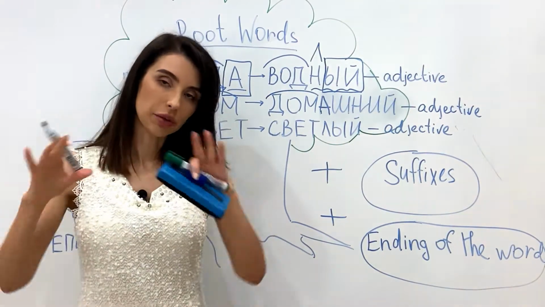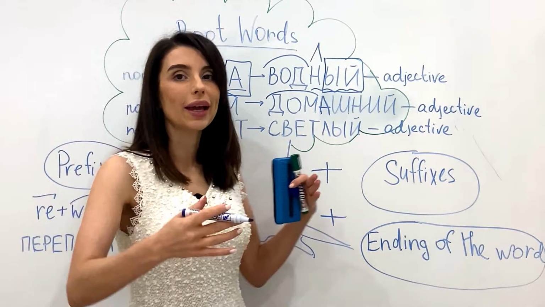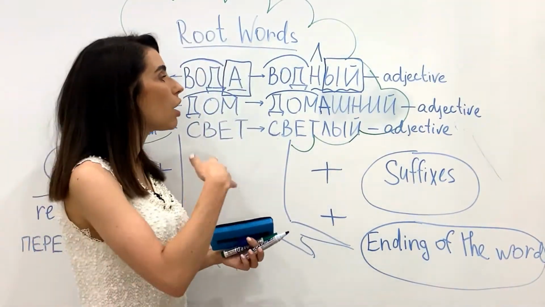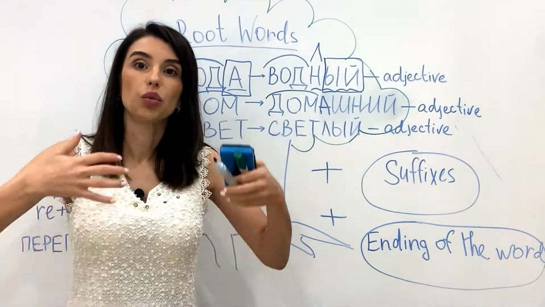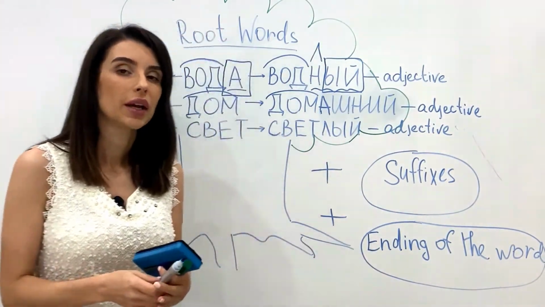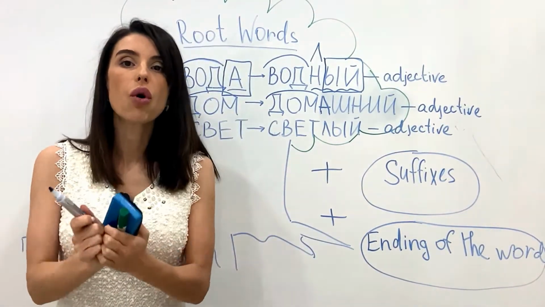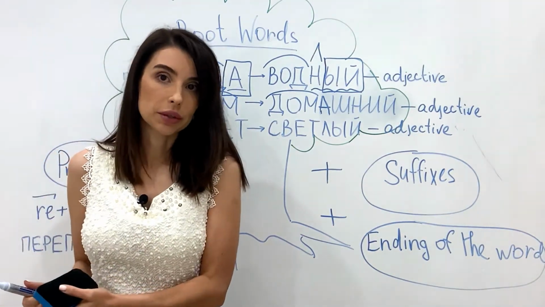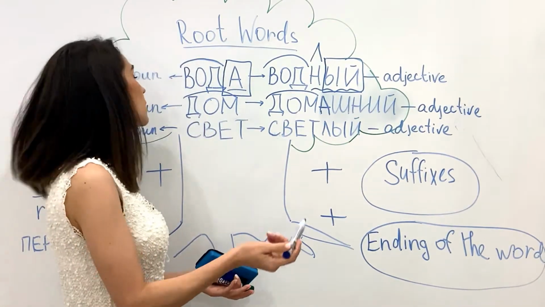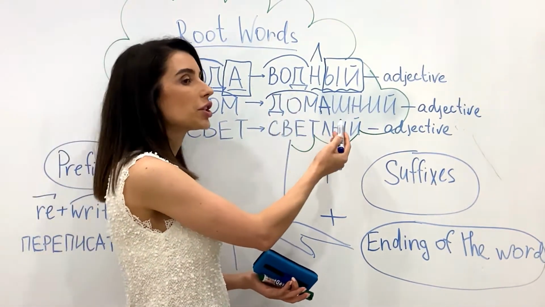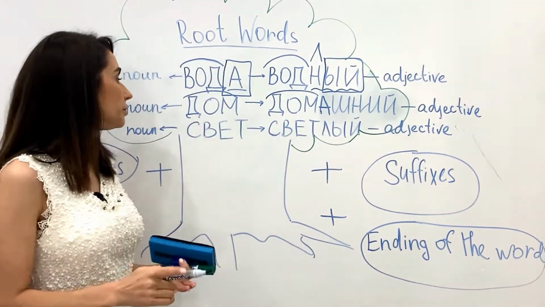Дом never will change. But I will try to explain at the next lesson how to use this ending of the words and why we are doing that. Before that lesson, you should know what the root of the word is. So here, дом, it's a house, дом. Домашний, it's an adjective from this word.